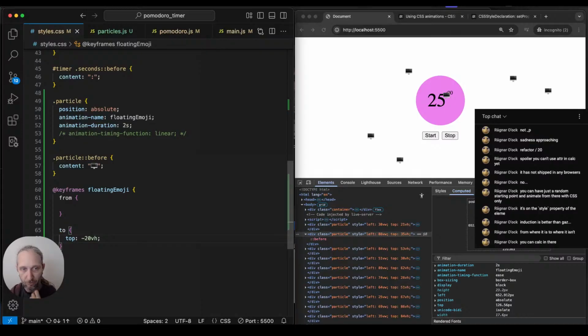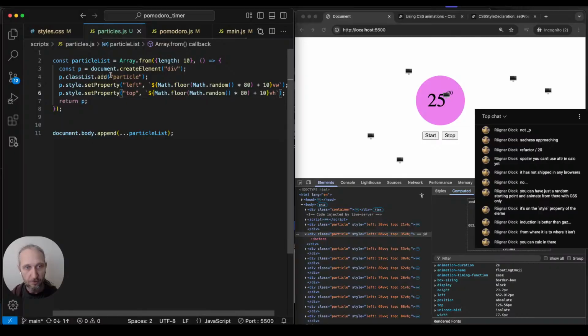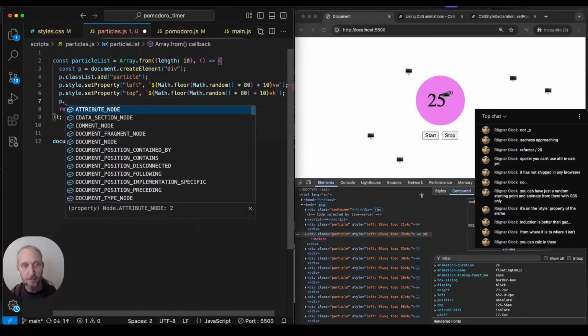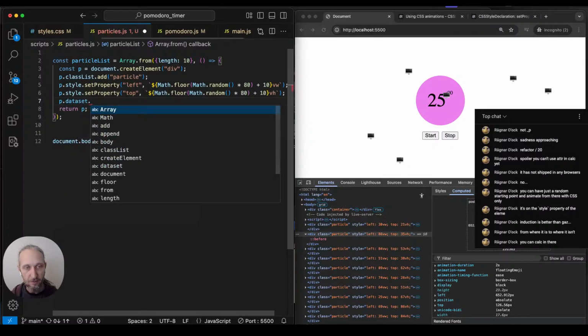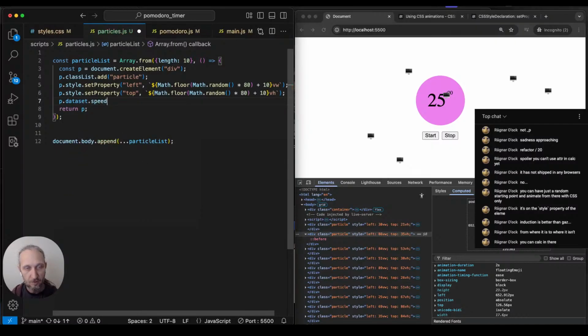So I need to have random durations for each, which is fine. We can do random duration because p dot dataset dot speed equals math dot random times